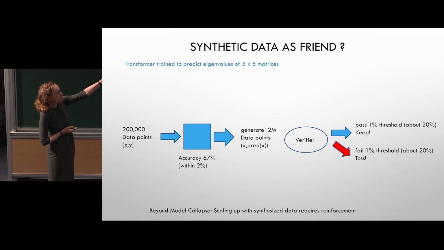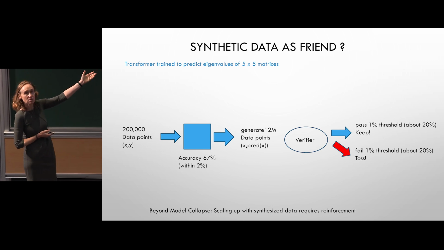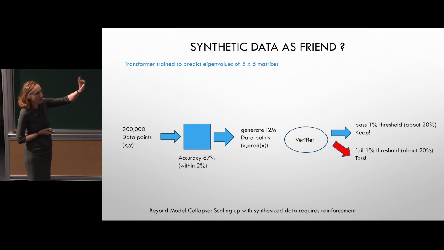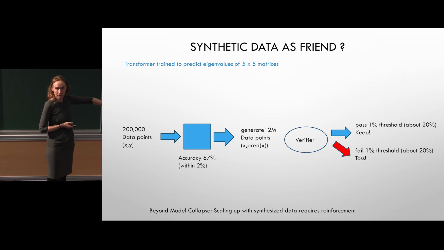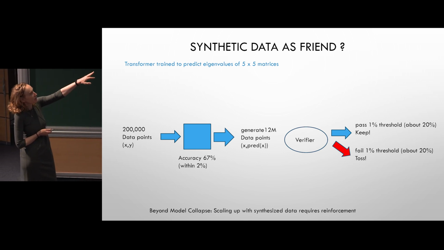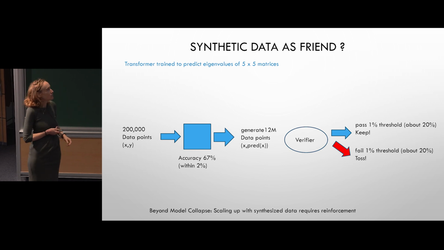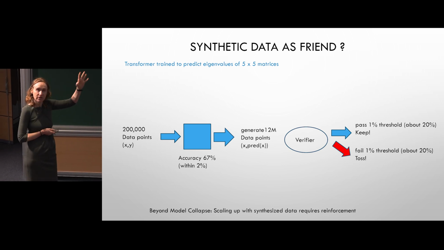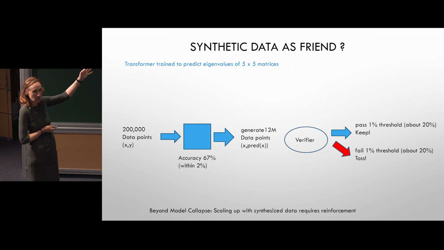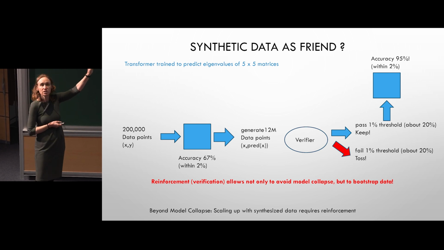So what does a verifier do? The verifier checks one of these 12 million generated examples, it gets this proposed solution for the eigenvalues, and it says it's good if it passes a 1% threshold. Otherwise it says, let's throw it out. Let's assume that's cheap to implement. And if we do this, about 1 in 5 pass that threshold. We train a new model on whatever remains of these 12 million, so 20% of that, about 2.4 million data points, and the same accuracy as we measured there increases to